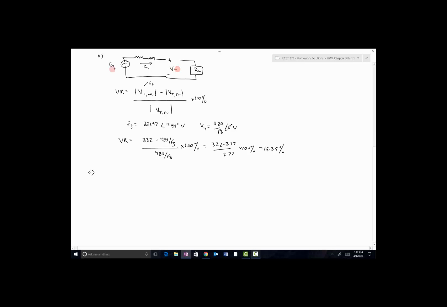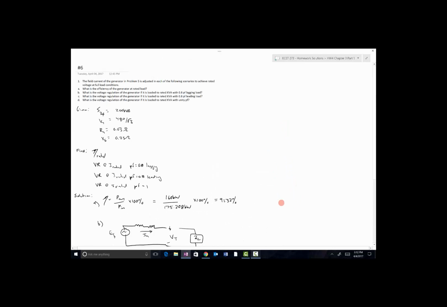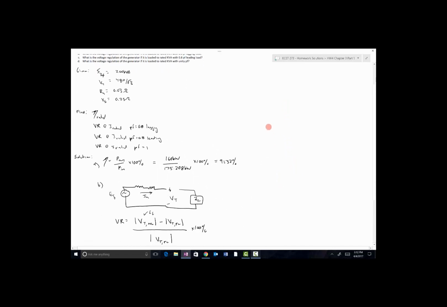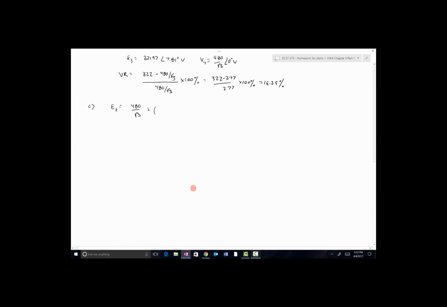And so EF is just going to be equal to the terminal voltage, which was 480 over root 3 or 277 volts, plus the current that's flowing in here. So we know that rated current, actually, we didn't calculate rated current in this example, but we did in the previous example. So if you go back to your numbers for problem number 5, you should find that the rated current amplitude was